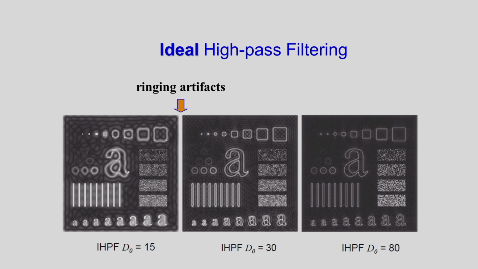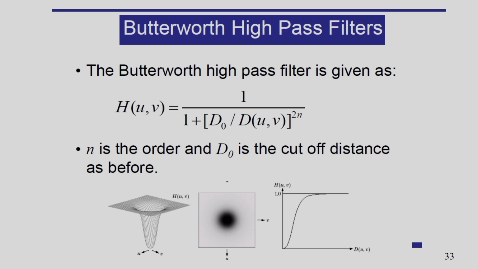So in this case you can see the ringing artifacts corresponding to the ideal high pass filter, as the transition from the pass band to the stop band is very sharp. So that is why I have the ringing artifacts. And if you increase the cutoff frequency D naught, then in this case you can see the ringing artifacts will be less. This ringing artifact concept already I have explained. And after this, the concept of the Butterworth filter. So you can see the order of the Butterworth filter.